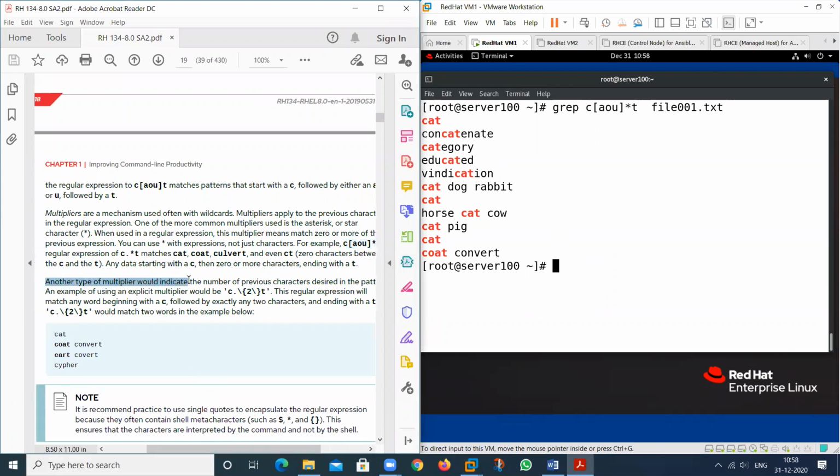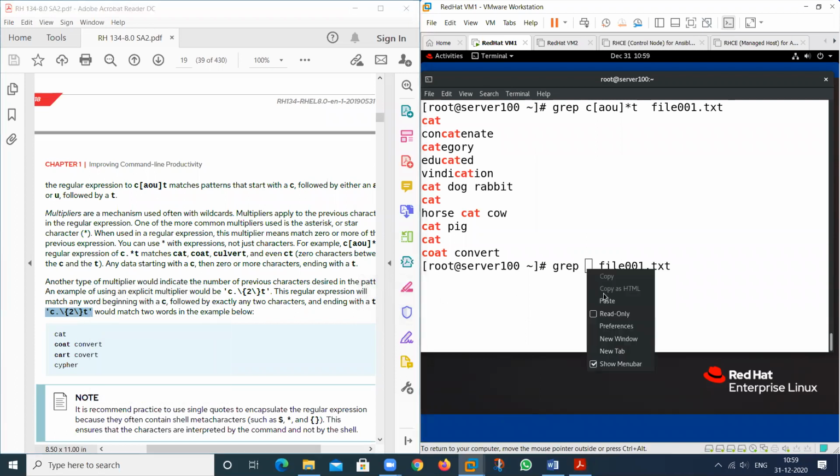Another type of multiplier that indicates, see. If I place this particular syntax here, copy this one and paste here.